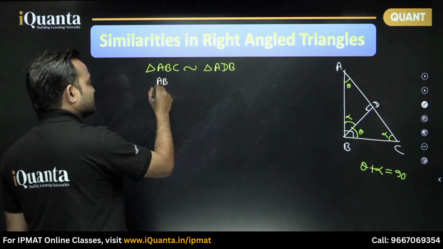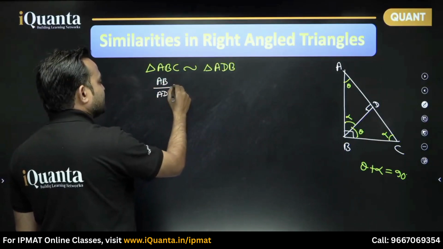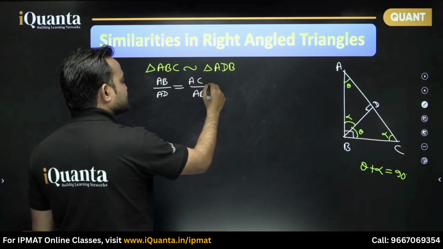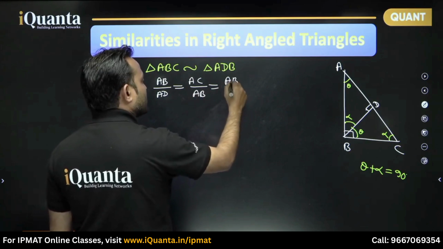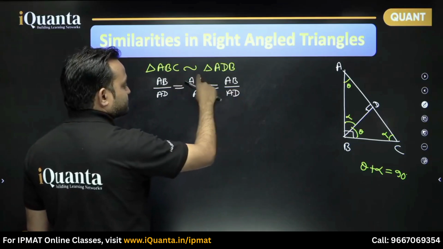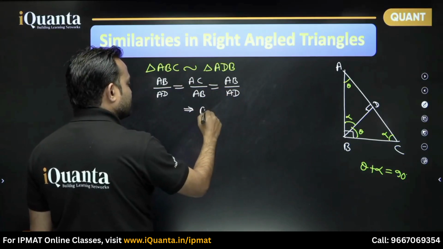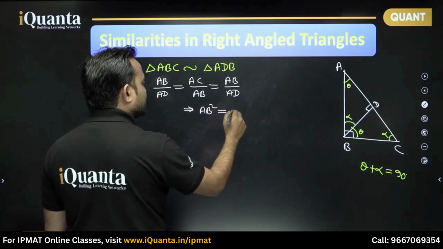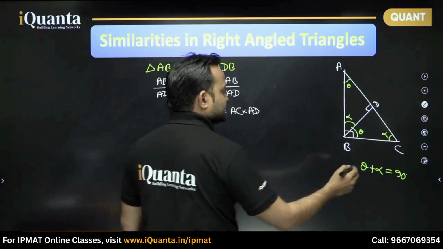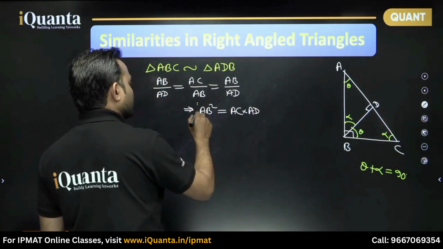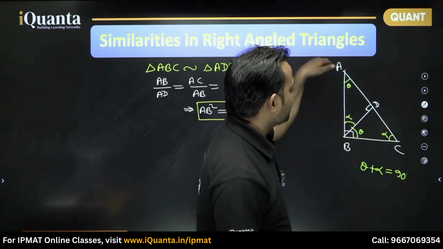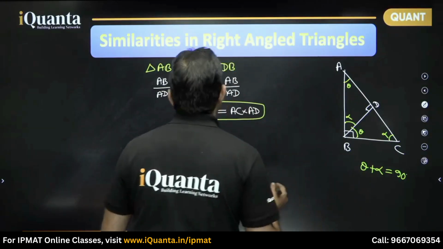between the side lengths, it will be AB upon AD is equal to AC upon AB. So now taking these two together, can we say that AB square will be equal to AC into AD. Now this is a really good result. You should remember this, that AB square is equal to AC into AD. Okay. Now in triangle